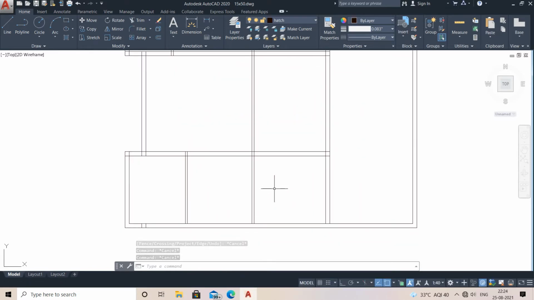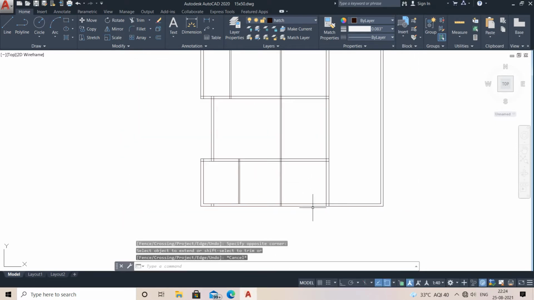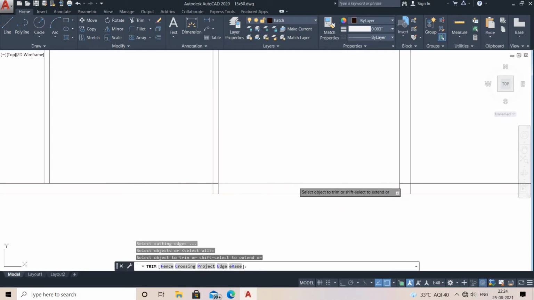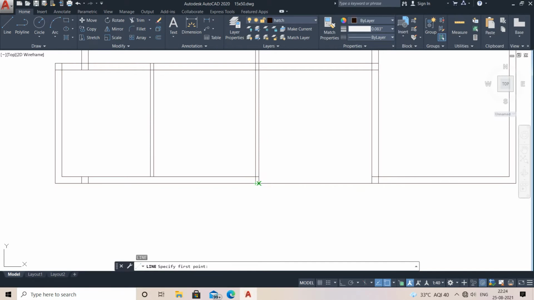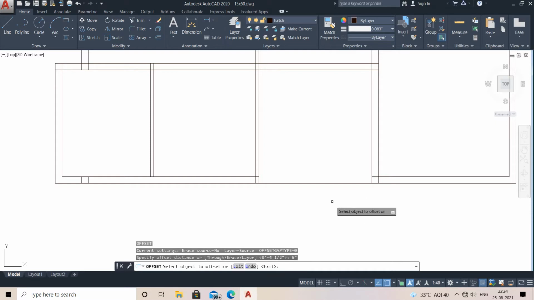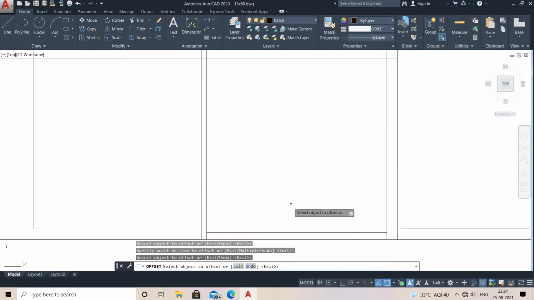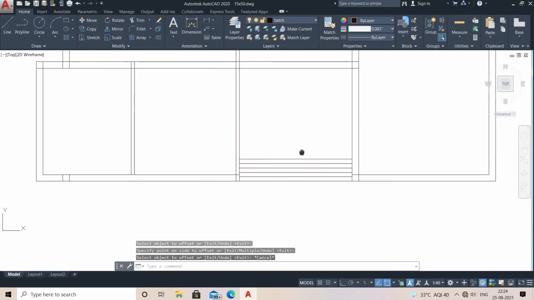So see, I want to make it a porch. So how can I do this? Just go for trim, and I'm going to give my plinth height as 2.5 feet from ground level. So 6 inches per stair. So total how many stairs? 5 stairs, right? 1, 2, 3, 4, 5. That's all.